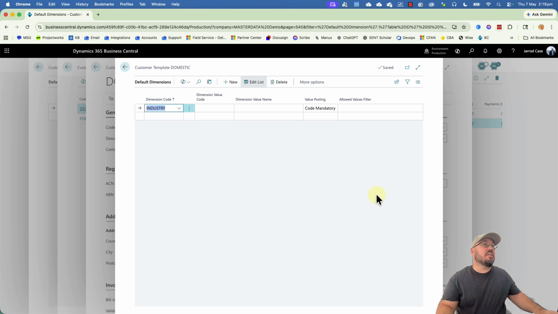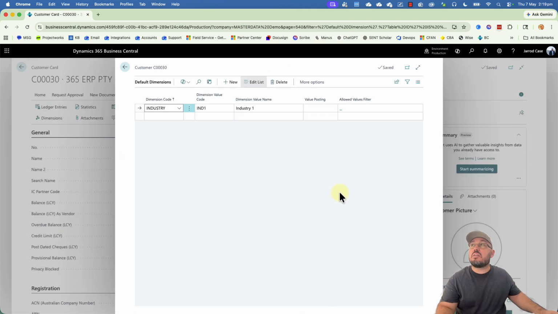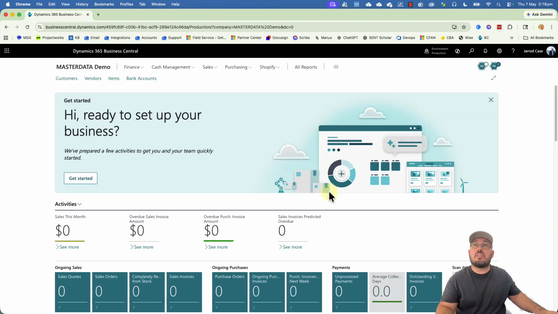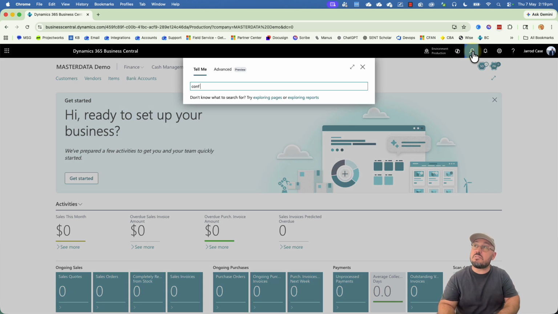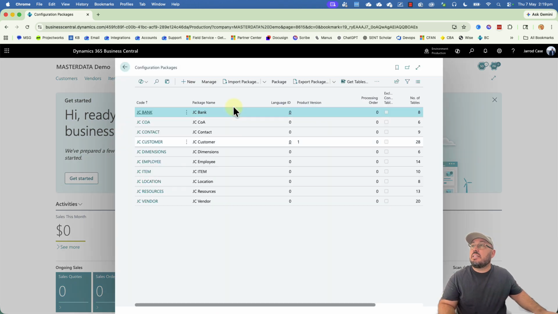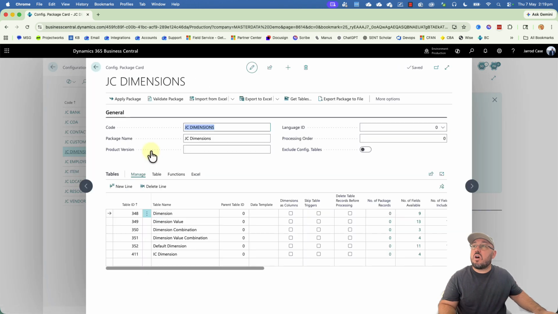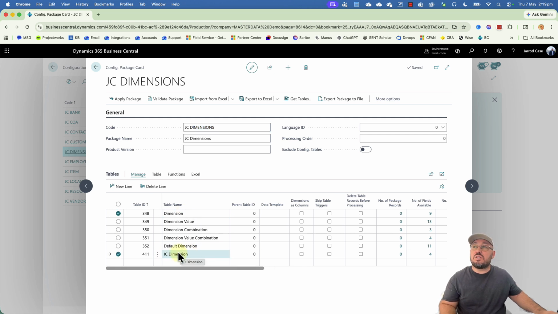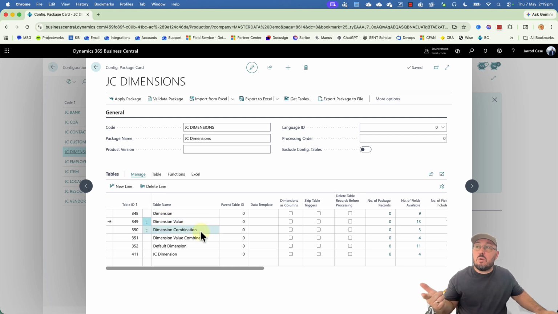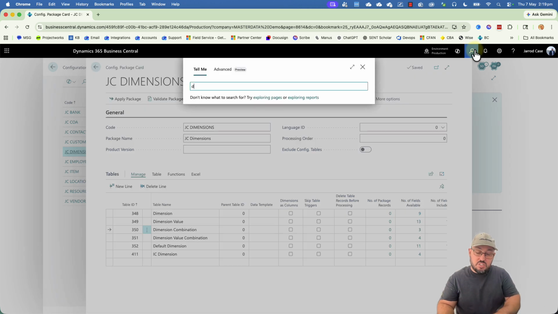Now, the other thing that you do have is a few other related tables that I want to show you in the config packs. So let's go into the config packs. And in the configuration packages for dimensions, I've added dimensions, and as you do it, it adds one table, which is the IC dimension. It doesn't even add dimension values, which kind of sucks. So because I know dimensions, I've gone in and selected the dimension value. I've gone combinations and default dimensions. What are they? So if we go into default dimension,